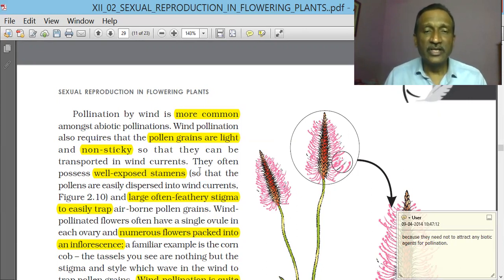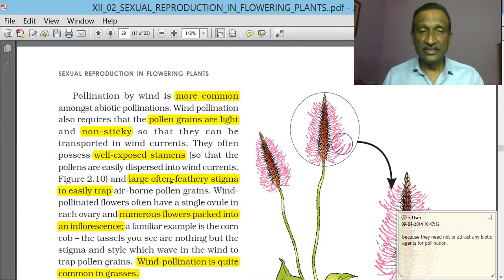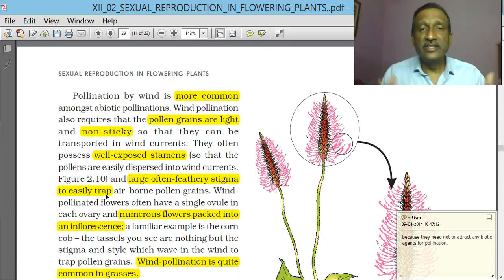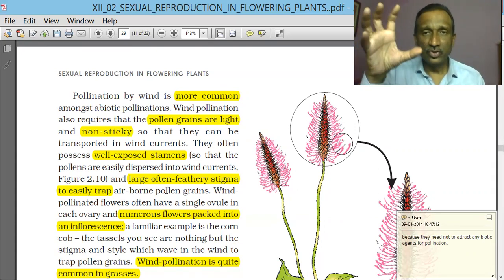Okay. So since we are talking about the male part just now, their stamens are well exposed so that the pollen are easily dispersed with the wind current. A large, often feathery stigma is there, which is to trap pollen grain. And in wind pollinating plants, the entire inflorescence comes together so that it increases the chances of pollen receptivity. Okay, so a large number of flowers will come together and their stigma will gather together so that they will increase